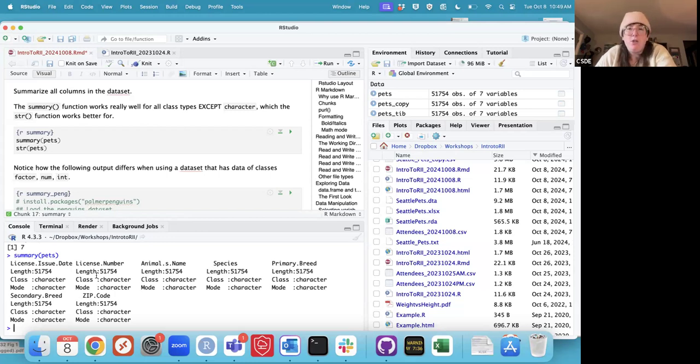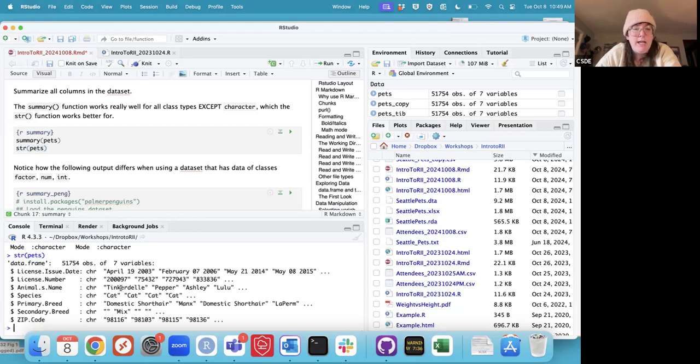For a factor, it will show the number of observations by category, up to some number of categories that can be printed in a few lines. But as you can see, for character, it doesn't really tell us much of anything at all. The str function can tell us a bit more. It's sort of like the head function, but in a little bit different format. It gives you the name of every column in your data.frame or your tibble, the object class of that column, and then as many of the first